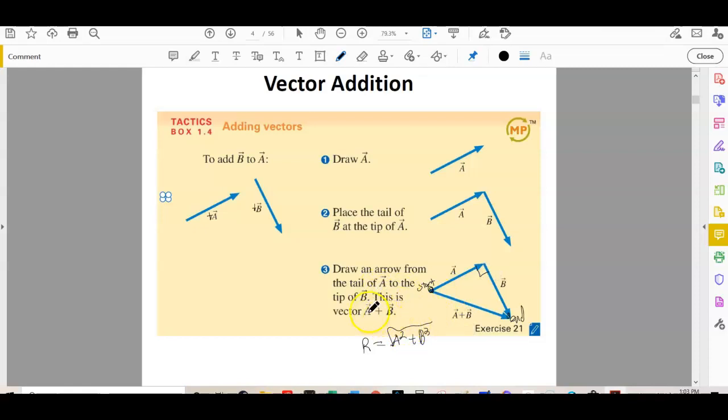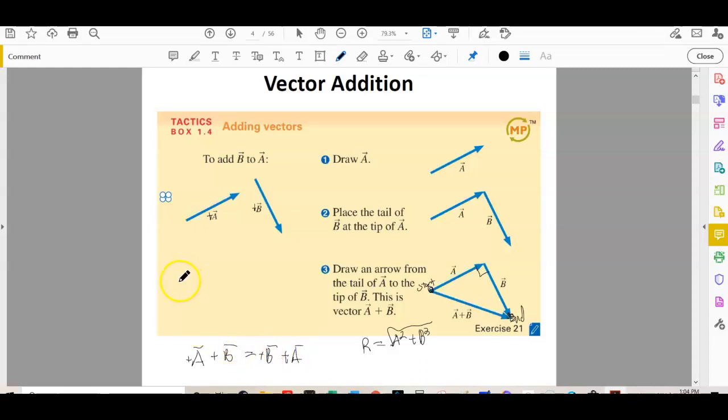So this is the basics of vector addition. All right. Again, you take the head of one vector and put it to the tail of the other, and then once you do that, you identify the start and you identify the finish. Then the resultant vector goes from start to finish, and it doesn't matter the order in which you add the vectors as well. I just want to point out you don't have to add the head of A to the tail of B just because it's written out this way, right? A plus B equals B plus A,